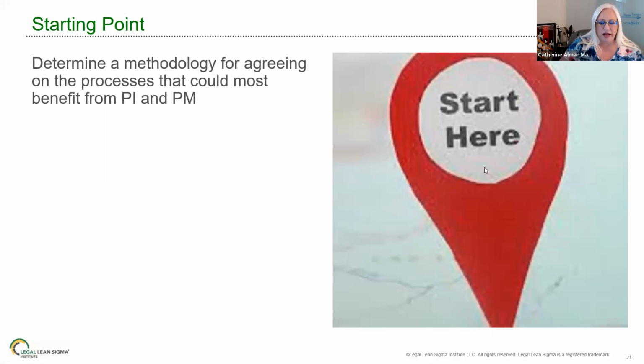One of the first things that we recommend doing is to come up with a way to surface, select, prioritize, and resource process improvement projects.